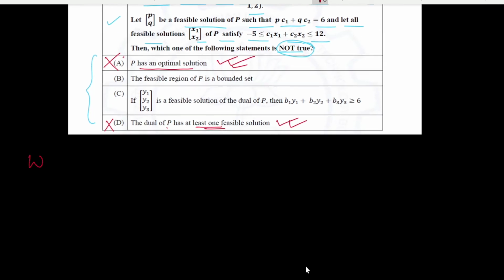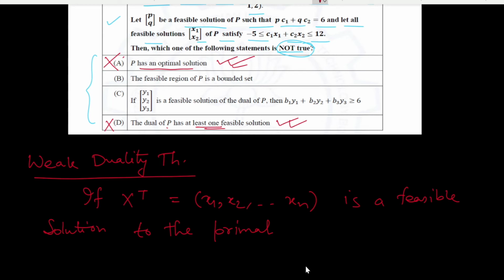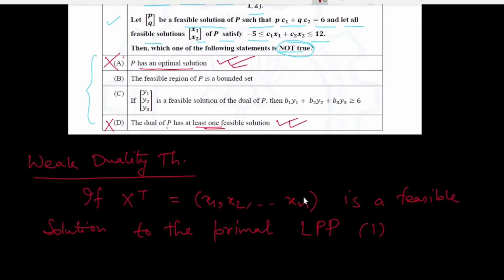The weak duality theorem says that if x transpose equal to x1, x2 and so on up to xn is a feasible solution to the primal LPP, where the primal LPP is of the form max z equal to this, suppose this is primal LPP 1,